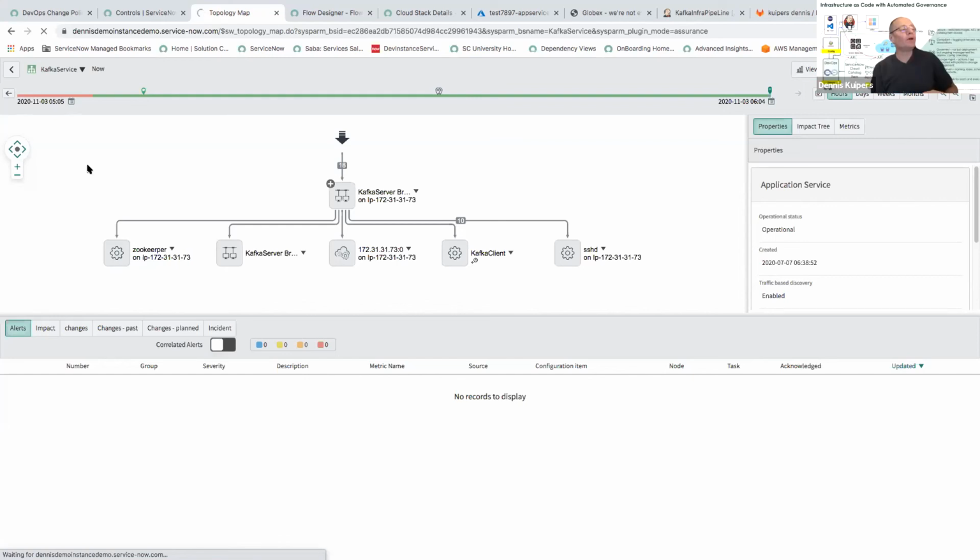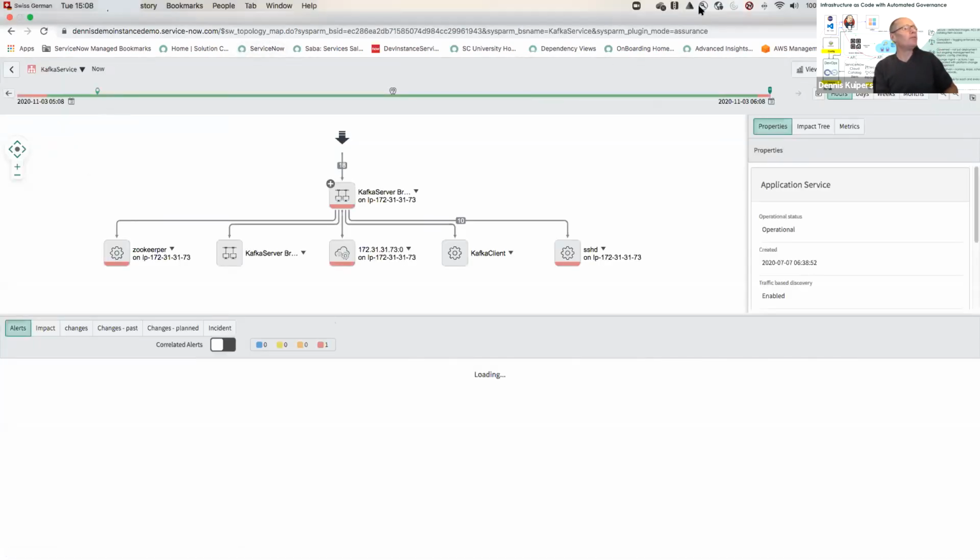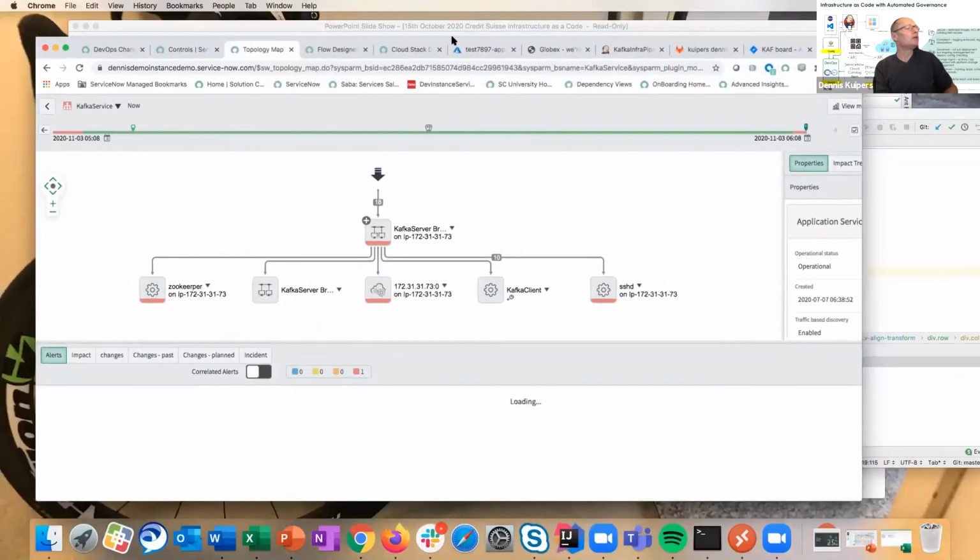Yeah. So what I do, this is a special service mapping pattern that I'm using for Kafka, because as I mentioned, I deploy Kafka. So this is basically service mapping, where I map the whole infrastructure that I have created. So after the deployment, I automatically run a discovery process that builds up this picture for me. Remember that we saw this other picture here